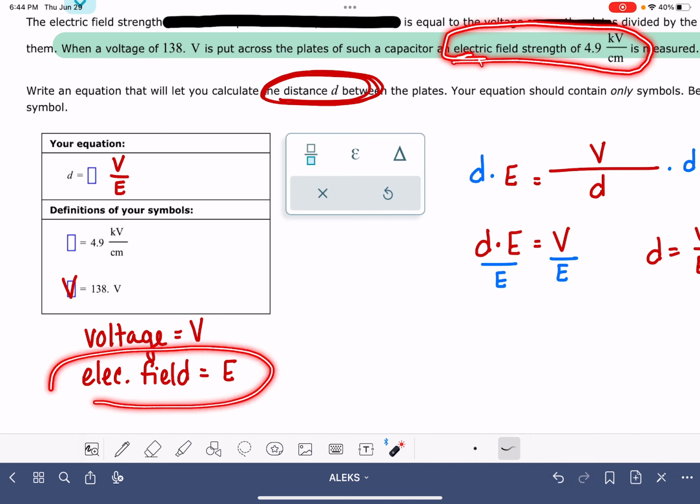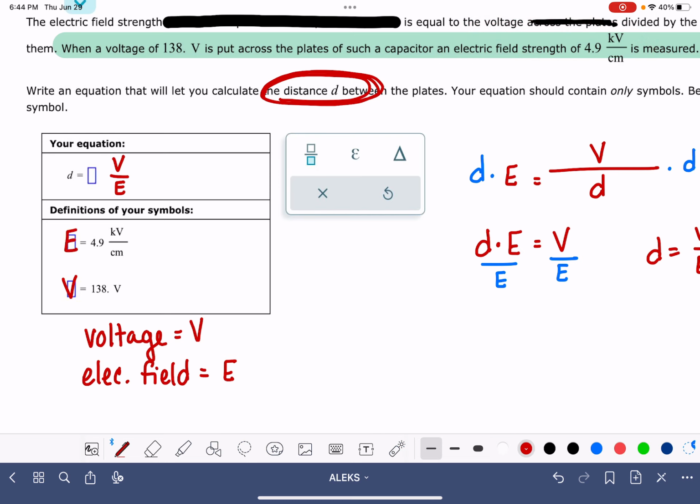I defined the electric field strength with the symbol capital E, and so I'm going to let ALEKS know that is the symbol that I'm using for the 4.9